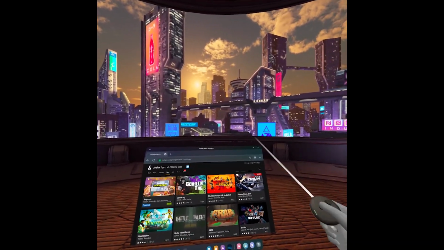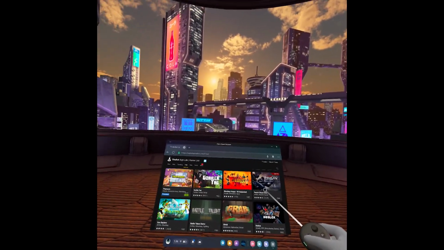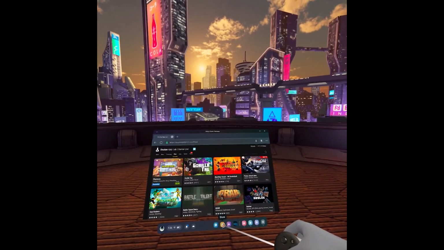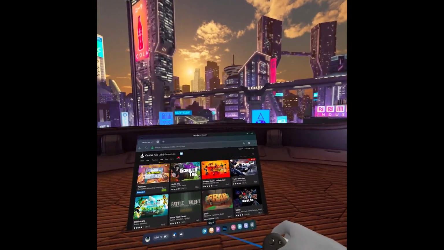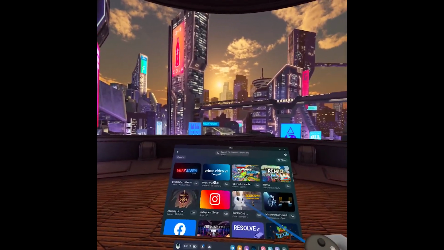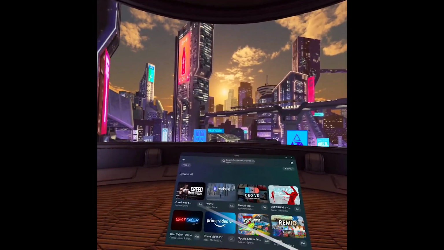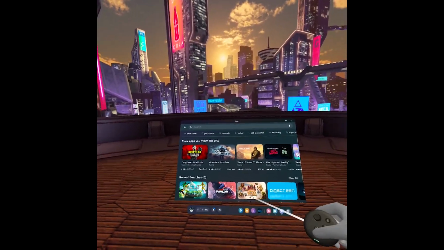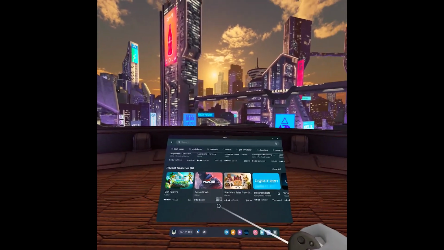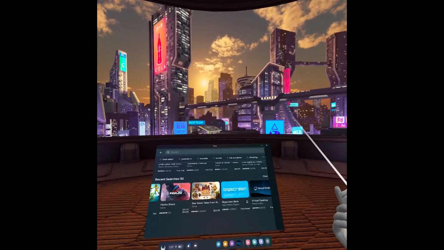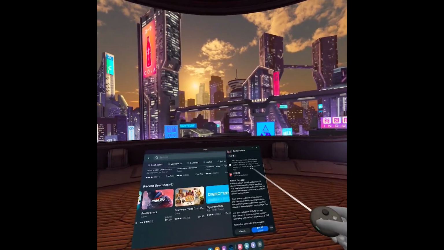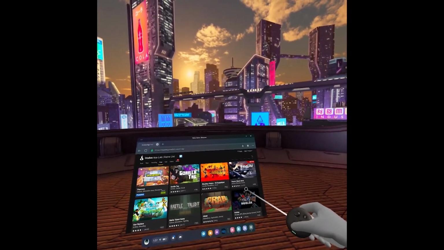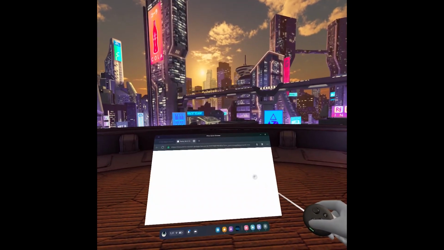There are other things, like for instance Pavlov. So you have a beta, you can get it, but if you search for Pavlov on the store, it actually is already paid, because I believe it's going to be released fully onto the Quest store soon or already. So you can see it right here. It's right now on a discount, but it's already a paid version, which you can still get through Applab by just going here and selecting